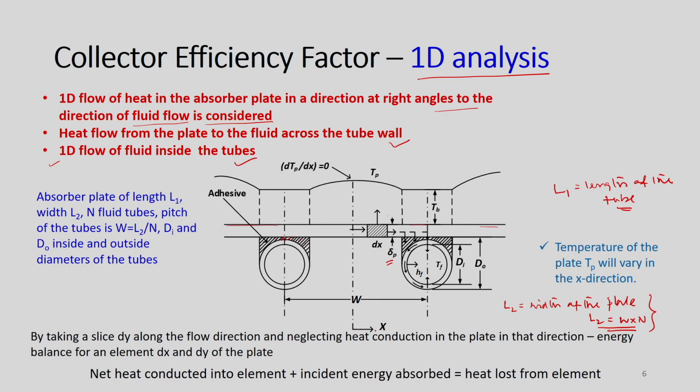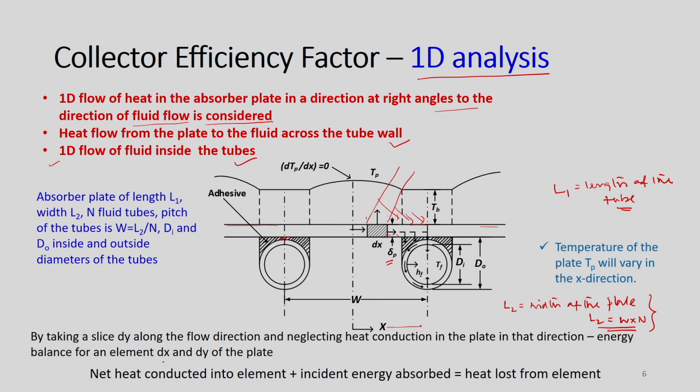Okay. And this is the x, and the small section is dx in between these two tubes. Okay. And we will apply the knowledge of heat transfer here. So, heat will be conducted from here and then some amount of solar radiation will be falling from the top, which will be transferred through this absorber plate to this fluid. Okay. So, by taking a slice, this is dy, so dy will be something like this. This will be dy along the flow direction, and